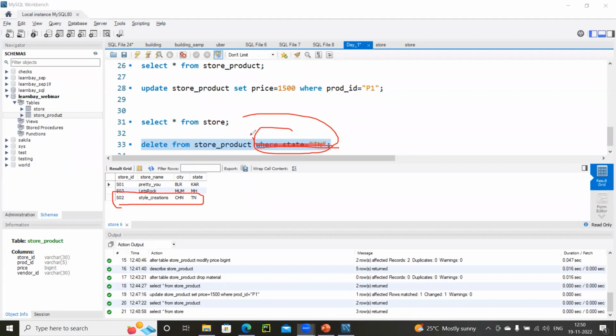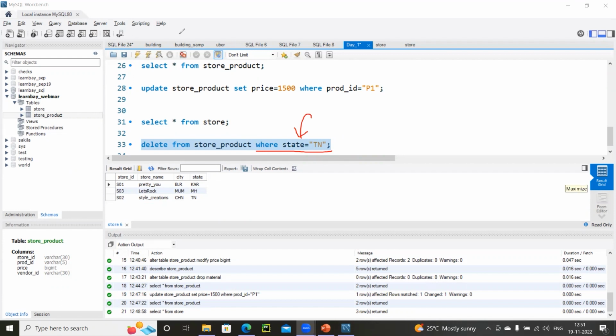Now this is something that you have to be very, very careful in dealing with, because if I miss writing a where statement and the table has some 1 lakh records inside it, that's it. And if auto commit is on, it will not even ask you, do you really want to delete, the way we get in all other apps. So it automatically deletes it and it becomes a huge mess. So whenever you are writing a delete command, please be aware whether you really intend to delete all the records. Then go ahead. Otherwise, please make sure that you always add a where condition at the end.